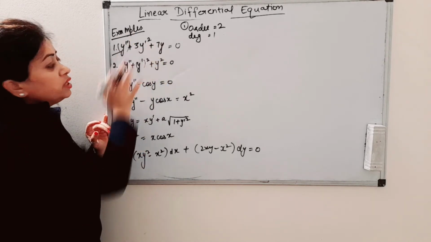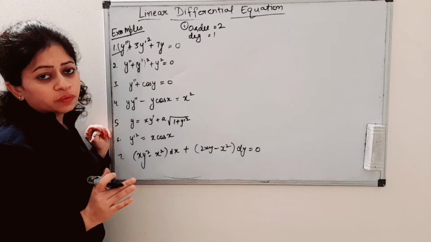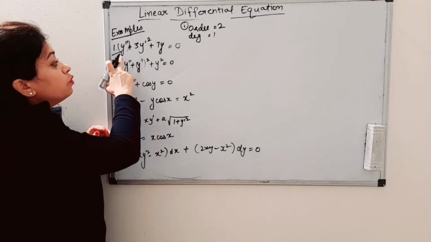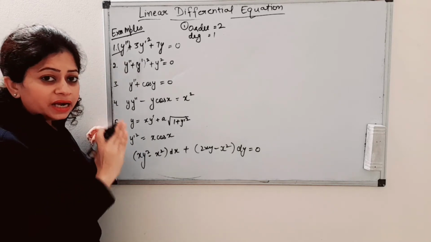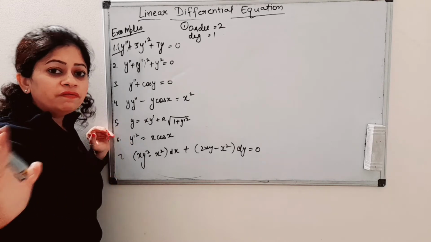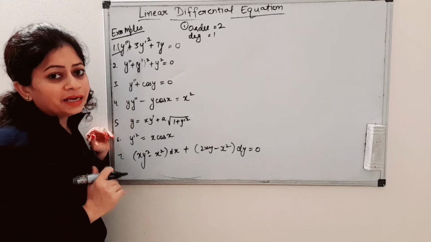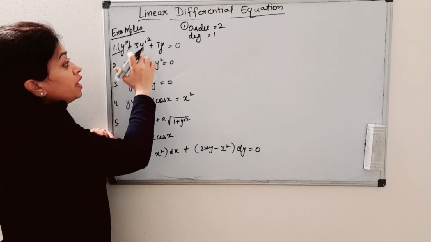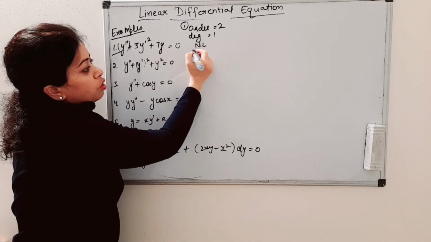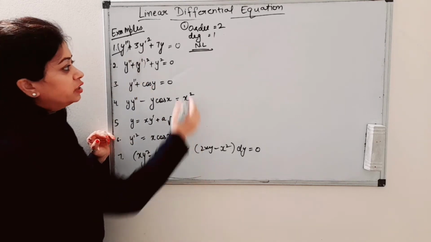We have this equation. What is the condition for a linear or non-linear equation? If we are checking whether it is linear or not, we will see that all derivatives should be of power 1, and we should not have a product term of the function and its derivative. Here the first order derivative is of power 2. So the equation is non-linear. This differential equation is non-linear.